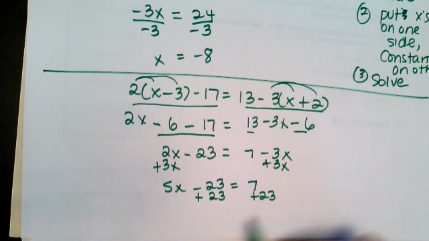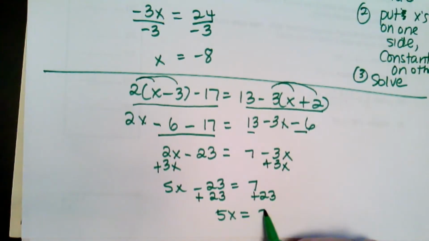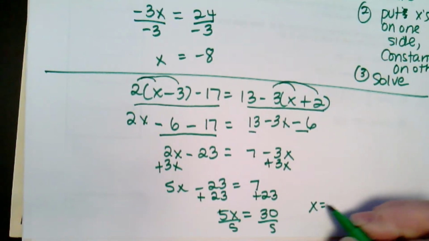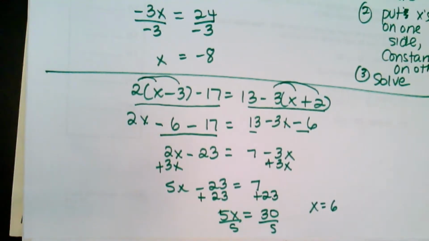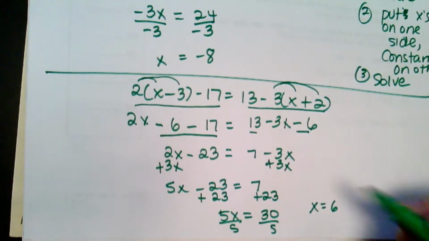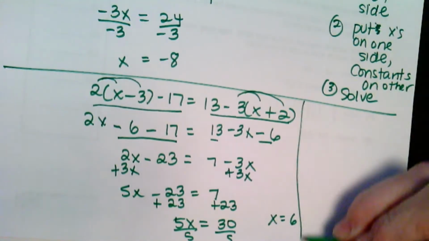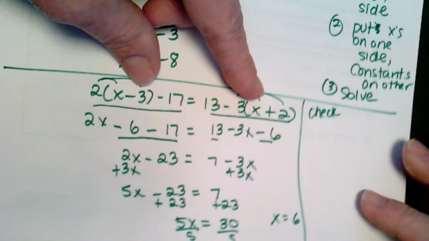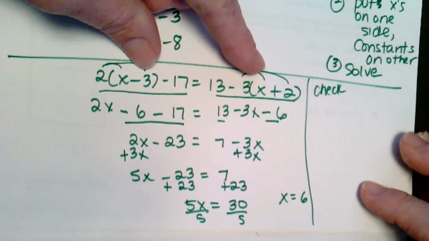Get our constants on the other. Divide by 5 since they are multiplying, and our answer is 6. And then again, just quickly showing you our check. Our whole goal is for each side of the equation to come up with the same answer when we get